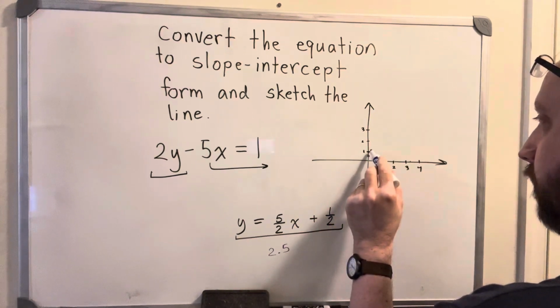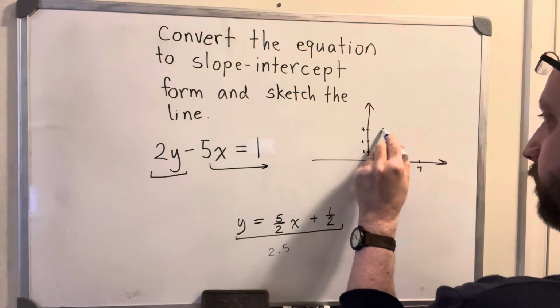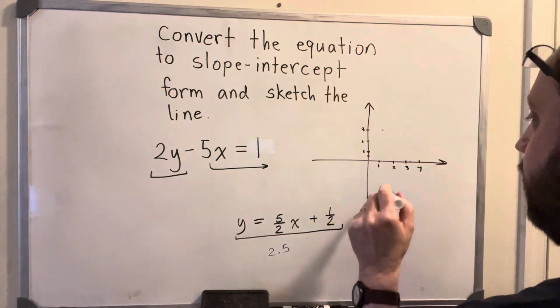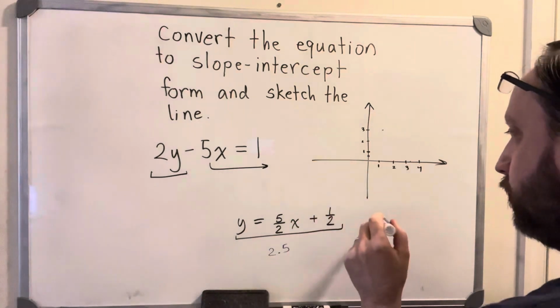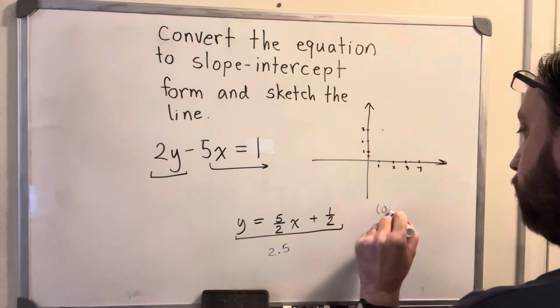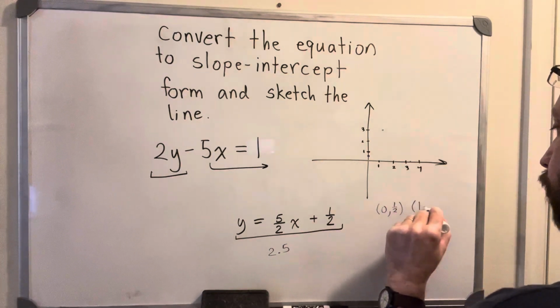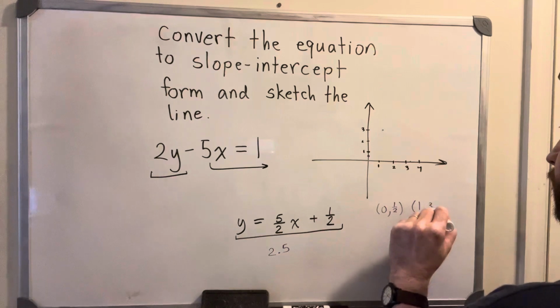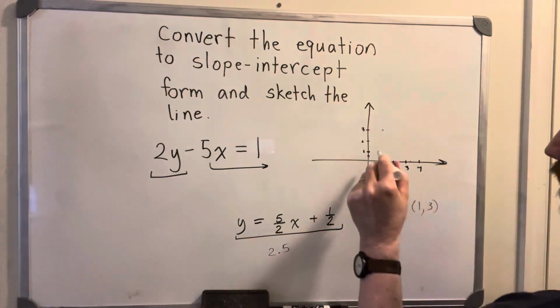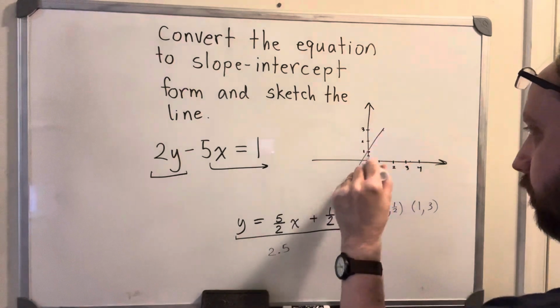Here's 1/2, 1, 2. So by the time x is 1, y is 3. So we've got 2 points right here, (0, 1/2) and (1, 3). Okay? So given 2 points right there,